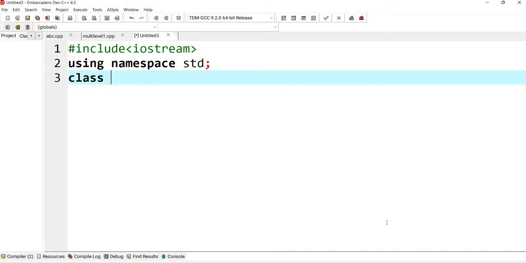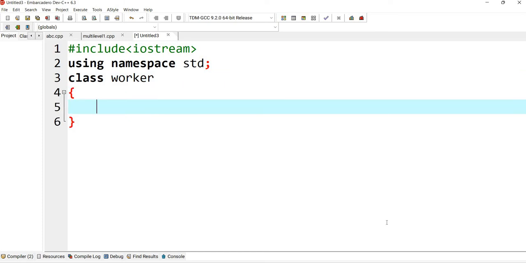The class name here is worker. So this is the name of the class. We'll declare variables, as I said, three variables: code, name and salary.